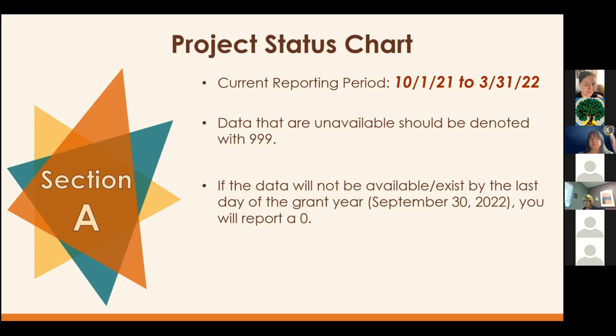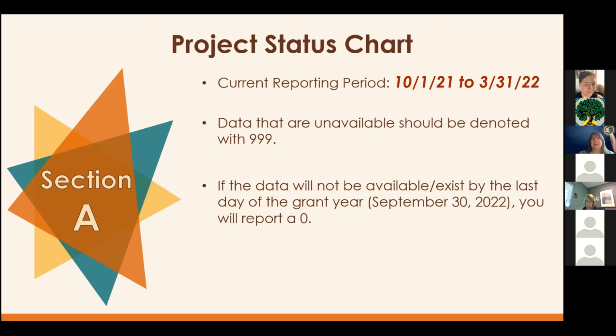So one example could be if a grantee has a project measure related to school day attendance, but maybe during the pandemic, some schools that they were working with did not take attendance. And so in that case, the appropriate data to report would be 0. And then we would say in that narrative explanation of progress, we would explain what happened and why that was.